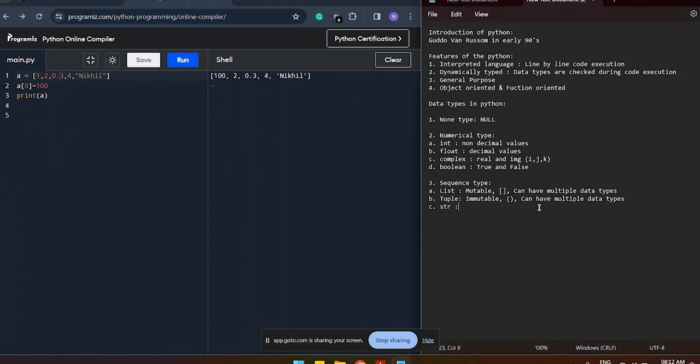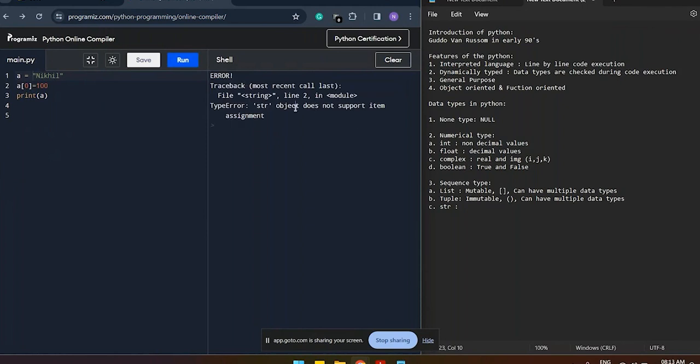Okay. After that, a string. String is immutable. Just like if I take any string data here, a string does not support item assignment by indexing. If I want to do that operation, it will also give the type error, does not support item assignment. So you cannot assign to an indexed element. So that is also immutable. And sometimes the interviewer asks, if you have a string and you want to perform an operation on it, how can you do it?